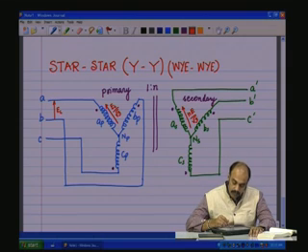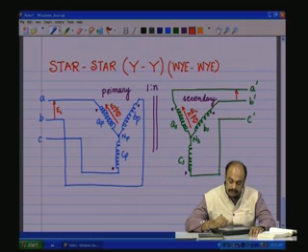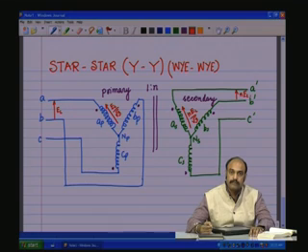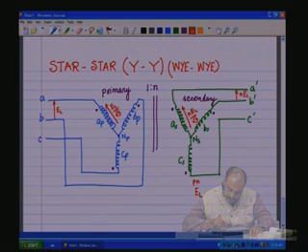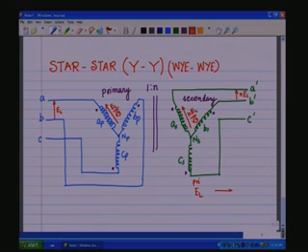Now, that is the phase voltage with respect to the neutral, n EL by root 3. Now, the line voltage is root 3 times the phase voltage, and that is equal to n EL. Clear? So, you have EL being applied on the primary side, and on the secondary side you get n EL at the terminals of a star-star connected circuit.